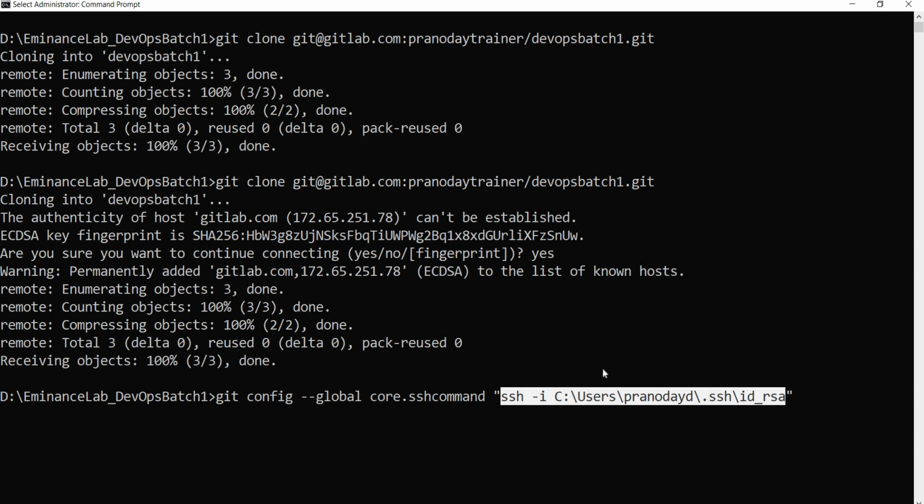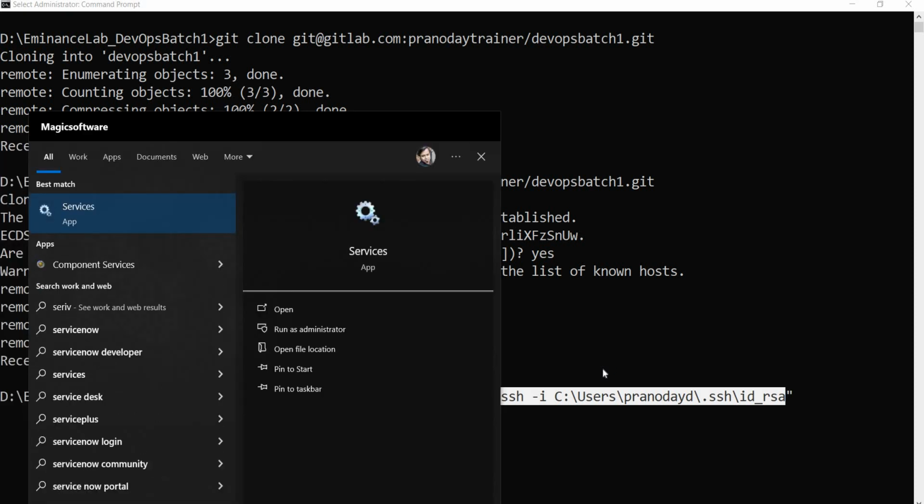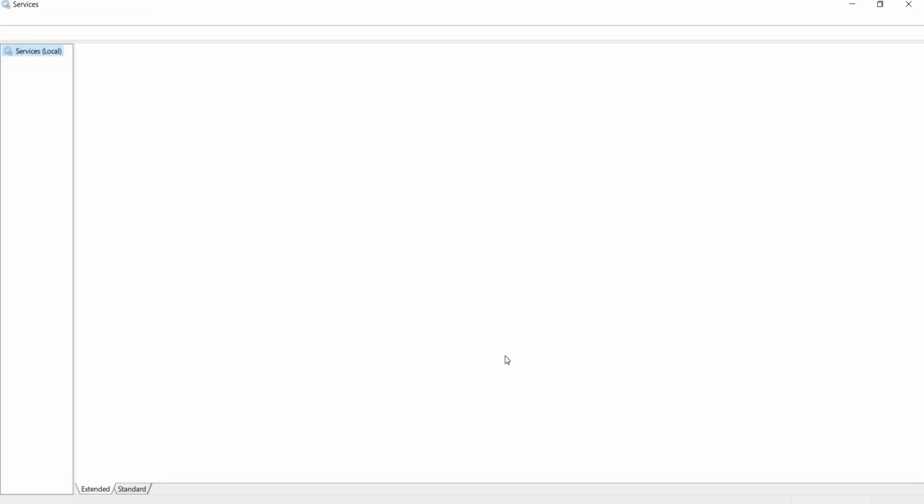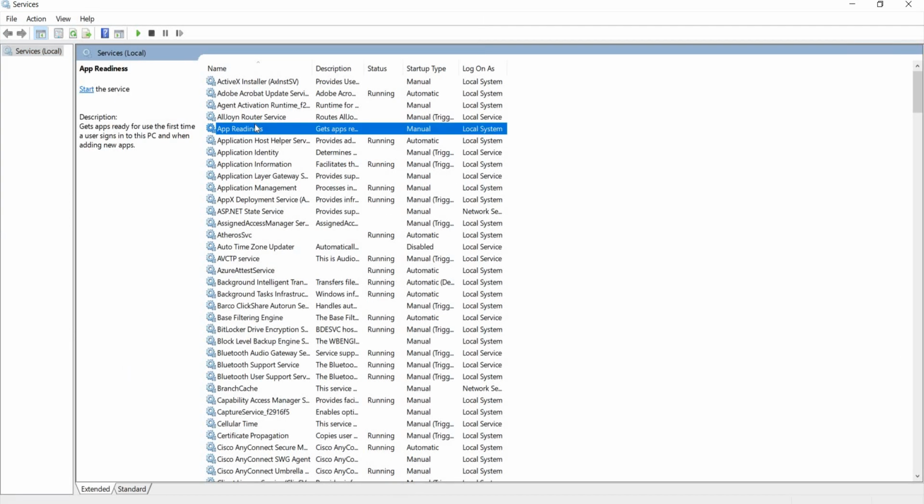Now let's see in Jenkins how we can provide this authentication information. So let me go to the services and see if my Jenkins is up and running or not. Yes,